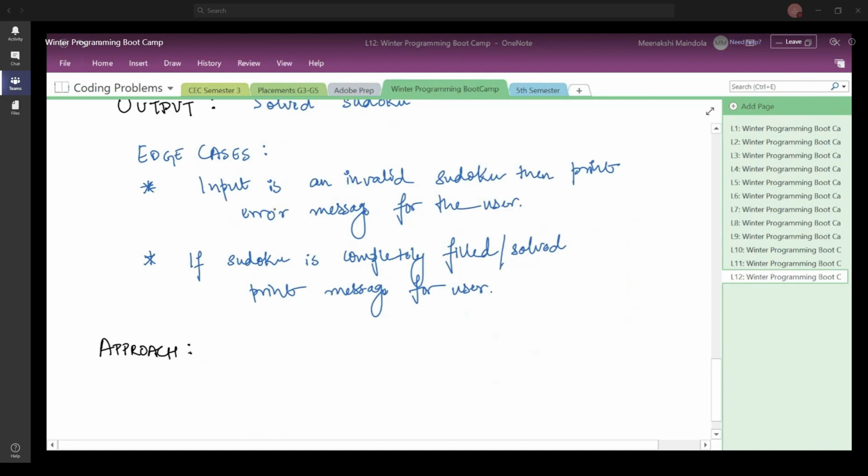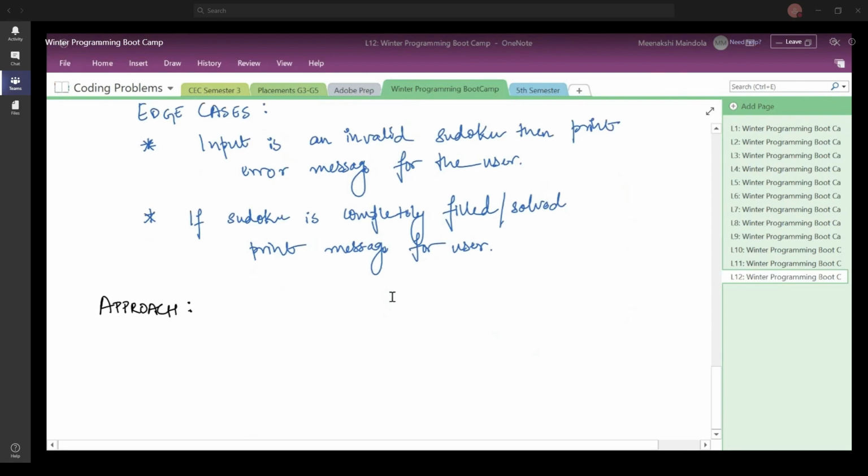Whatever you want to do with these edge cases is totally up to you. This part of the code is left to you about how you want to handle these conditions. It can be different for one person and different for another person as well. So it is completely up to you if you want to print a message, or terminate the program, or anything else that you can think of, then go ahead and do it.